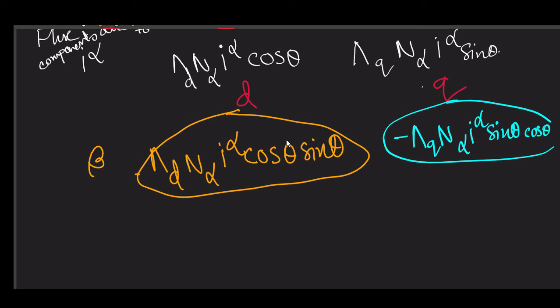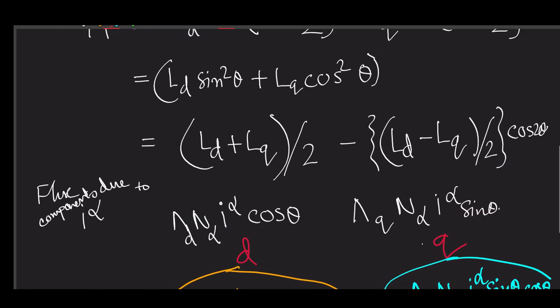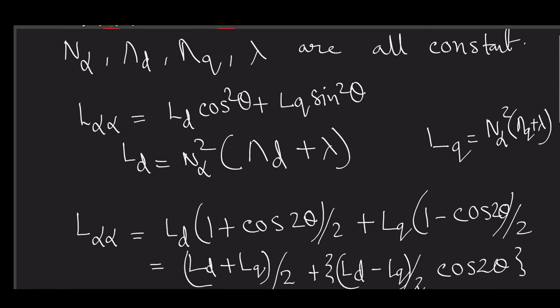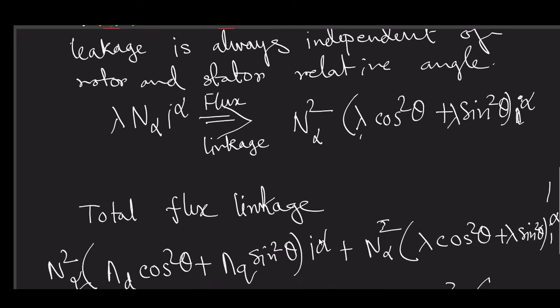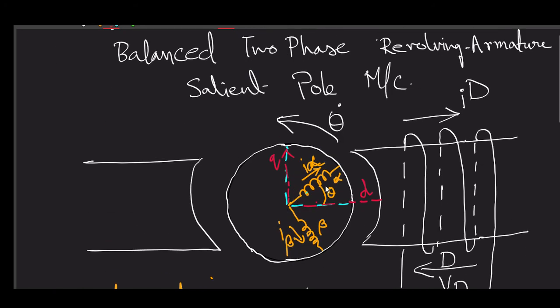How are these two extra terms coming in terms of cosine theta and sine theta? Because if you see, this was I alpha cos theta, that gave you this. Where is that diagram? Yes, I alpha cos theta gives you the component with respect to d. Then if you take further that cosine theta, it means this much angle. How much is this? This angle is theta minus pi by 2. So if you take that, then you will get it with respect to beta.